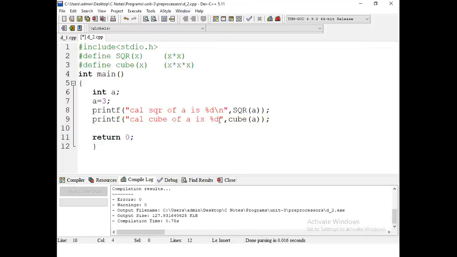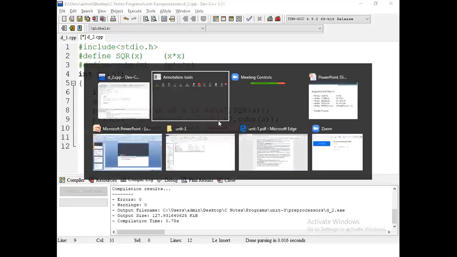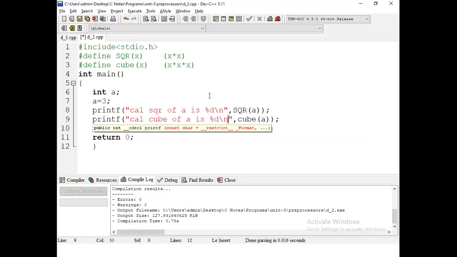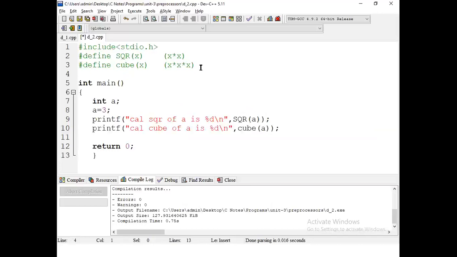Okay, it's very simple, just define what function you need, not only the square root and cube. There are so many functions as per our requirement. Here we can find the minimum and maximum value also. Okay, let us verify that example also in this program. Hash define min of two variables.